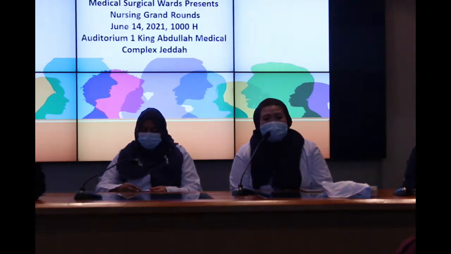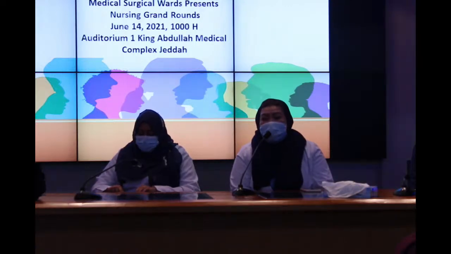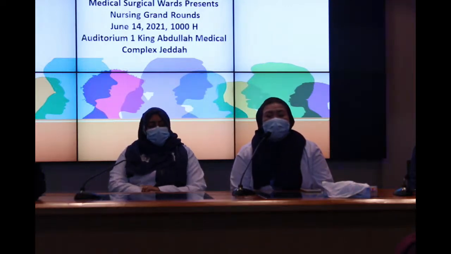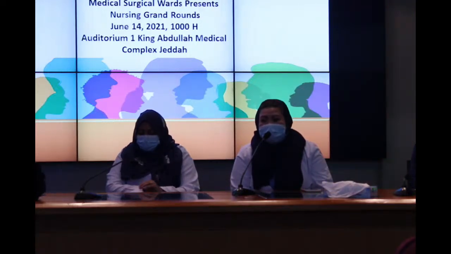So what does it mean? For example, a patient that is reliable, GCS 15, oriented, and you saw that this patient is on the ground, but it's unwitnessed. But the patient says he did not fall. He sat on the floor, just like one of our cases that was reported. This patient, we can consider did not fall because he is in his right mind and he can say that he really did not fall.